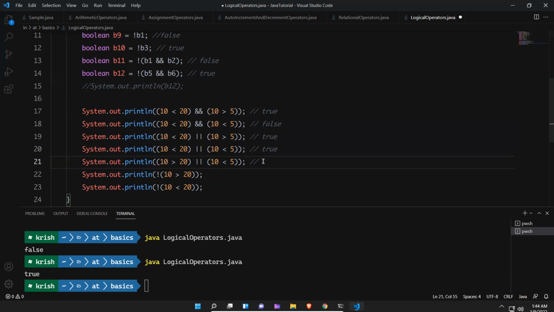Now if the first one is false, then you need to concentrate on the second one. So false. Now here 10 greater than 20, what is that? No, false. Exclamation of false means it will become true, the reverse of that. Okay, then 10 less than 20, yes, true, then negation of true, then it becomes false. This is how it will execute.